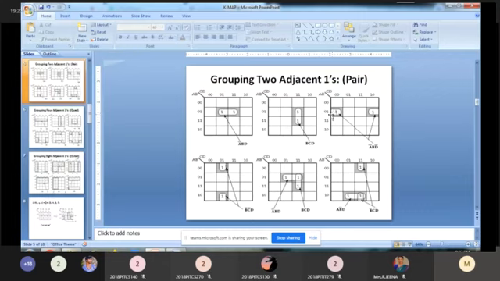In grouping, remember that you group 2 adjacent ones like this. Otherwise, you can group if you fold this K-map. Folding this K-map means this part and this part are adjacent, right? And this part and this part are adjacent. The left side and right side are adjacent. The upside and downside are adjacent. So you have to group the left side and right side border, or upside and downside border. Otherwise, you have to group all the diagonals.